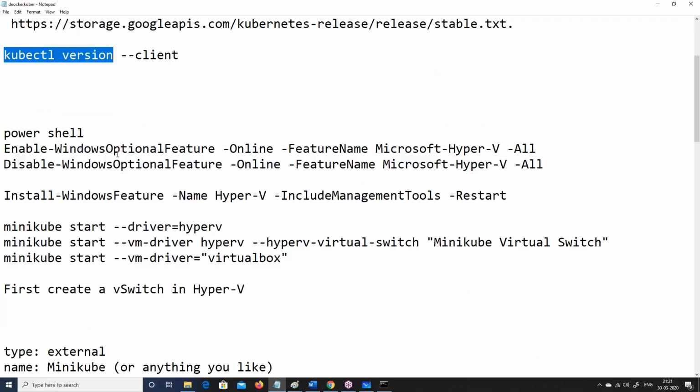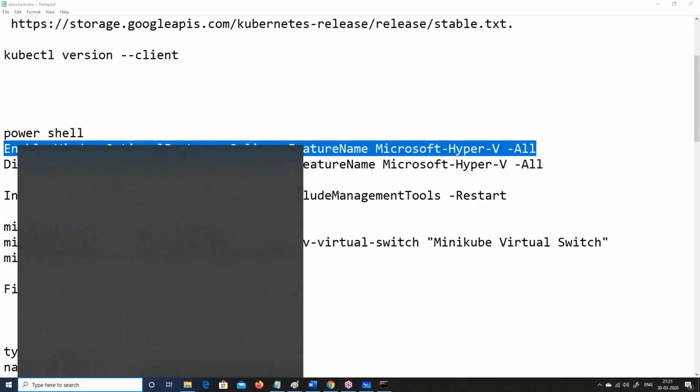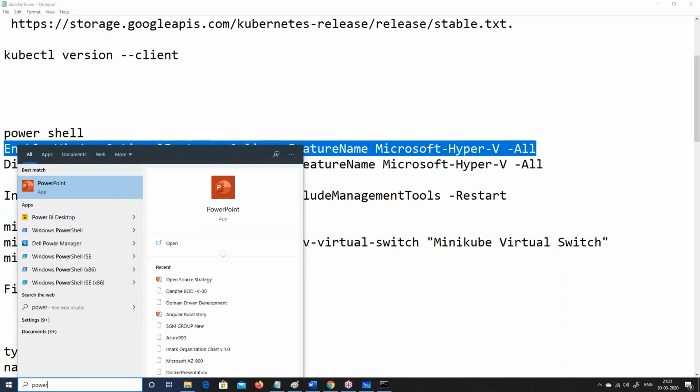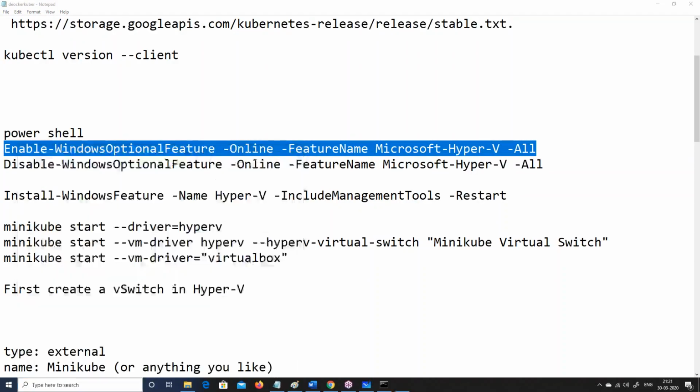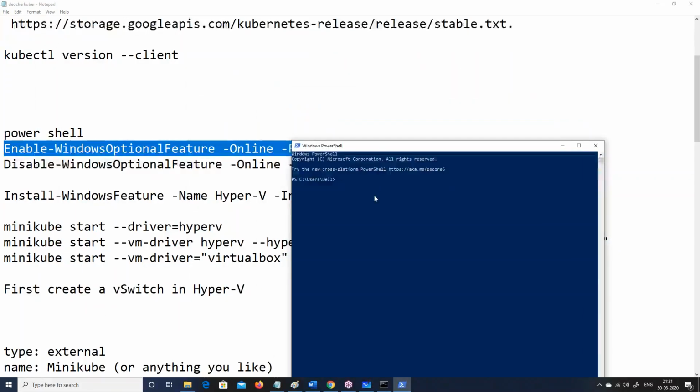Some important things out here. If you want to go and enable virtualization by Hyper-V, you can use these PowerShell commands. At this moment, in my machine, I won't be able to enable the virtualization. Why? Because this is Windows 10. Remember, virtualization is enabled on the hardware level or on the operating system level, but Windows Home will not install the Hyper-V software, right? So Hyper-V is actually the virtualization software which is installed.